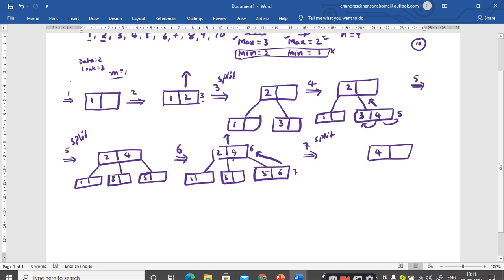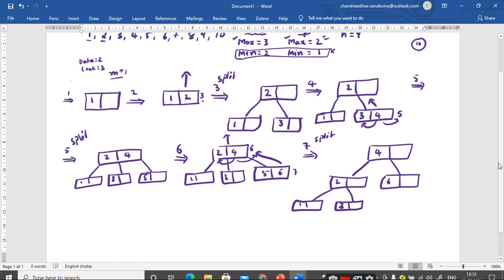And what is the left child of 4? 2, sir. It is 2. Right. What is the right child of 4? 6, sir. Super. Now tell me, what is the left child of 2? 1, sir. It still remains 1. Right. There is no change here. Similarly, what is the right child of 2? 3, sir. Super. Right.